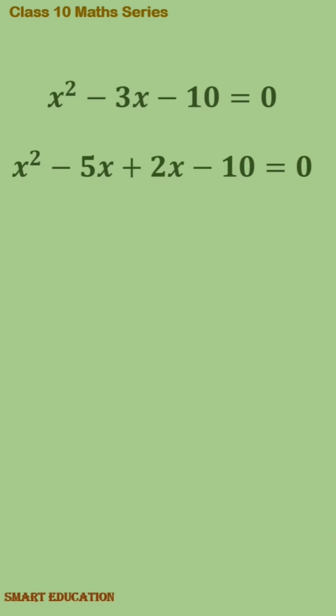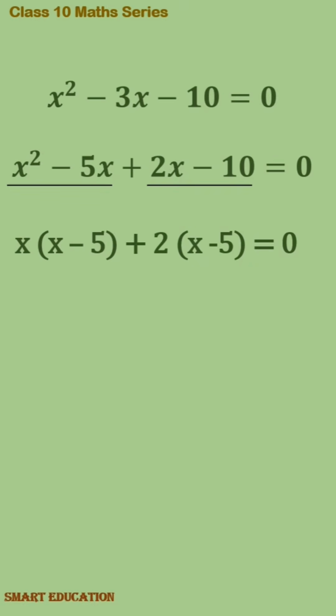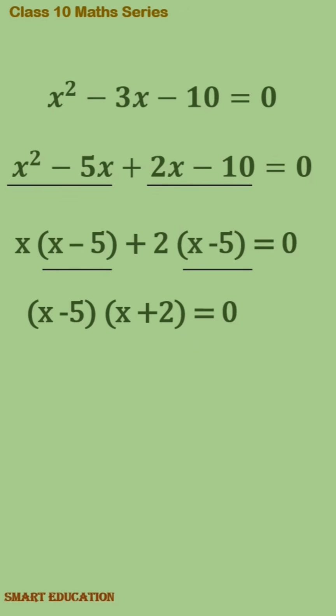So if we split, we'll write down -3x as -5x plus 2x. पहले दो नंबर्स को ध्यान से देखें तो उसमें x कॉमन आ रहा है, तो अगर हम x कॉमन ले लें तो बचेगा x - 5. सेकेंड पार्ट को अगर हम देखें तो इसमें 2 कॉमन है, तो अगर हम +2 को कॉमन ले लें तो we'll be left with x - 5. Now x - 5 is common. Let's take that out. तो ब्रैकेट में बचेगा x plus 2.